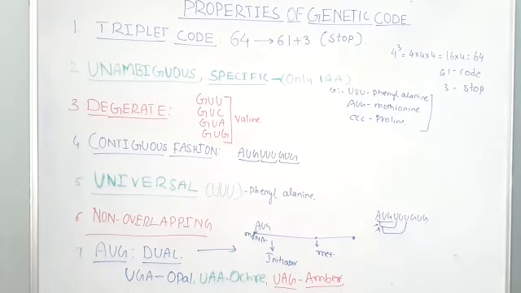Hence, this property is very important. There is no overlapping among the nucleotides. So this is the most important property of the genetic code. There is no sharing of the letters. A single letter cannot be shared with the rest of the nucleotides. Next comes the last feature, the special feature, AUG.